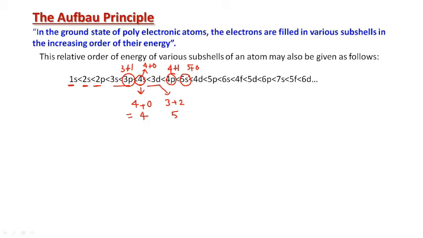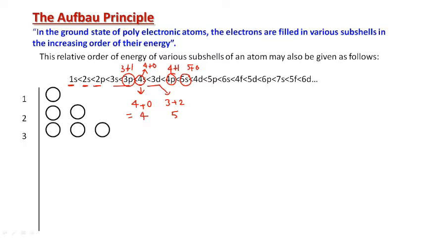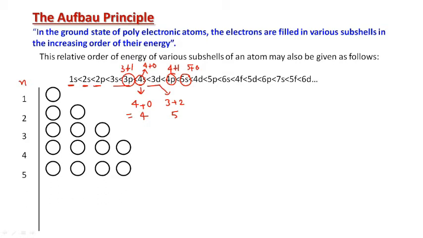We can remember a trick. You can draw one circle, then two circles, 3, 4. These are the values of n. So corresponding to n equal to 1, you draw one circle. For 2, you draw 2 circles. For 3, you draw 3 circles. And for 4, draw 4 circles. After this 4, the pattern will be followed in reverse order. That is, for 5, we will draw 4 circles, then 3, then 2, and then 1.